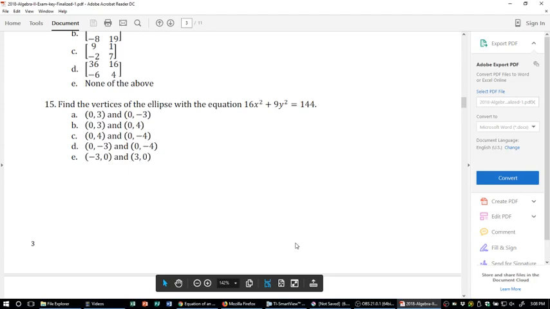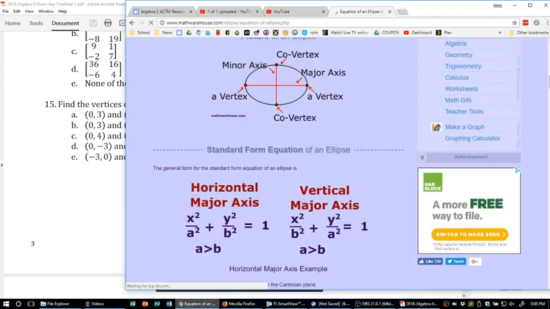Question 15 asks us to find the vertices of an ellipse that has this equation, 16x squared plus 9y squared equals 144. So I found this page that does a pretty good job of summarizing right here in one place the equation